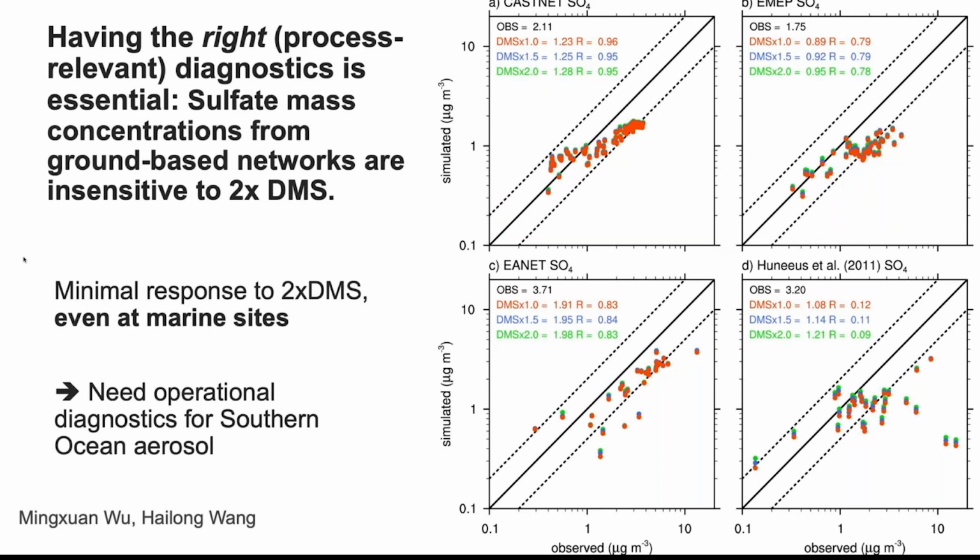This is not surprising, but it illustrates the point that it's really critical that when we're doing this kind of diagnosis of problems in the model, we clearly identify our hypotheses about what physical mechanisms are causing them, and then make sure that we include metrics and benchmarks and diagnostics that are relevant to those particular mechanisms. So this diagnostic is relevant for other mechanisms that are impacting aerosol concentrations in the model. It's very valuable, but it doesn't shed light in this particular case.